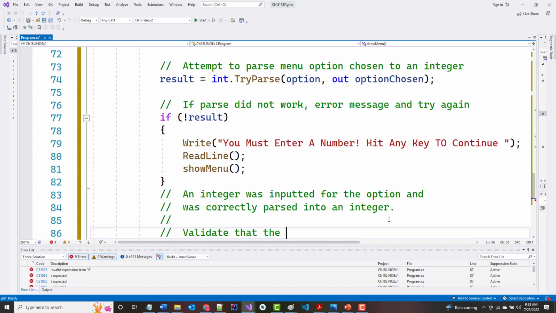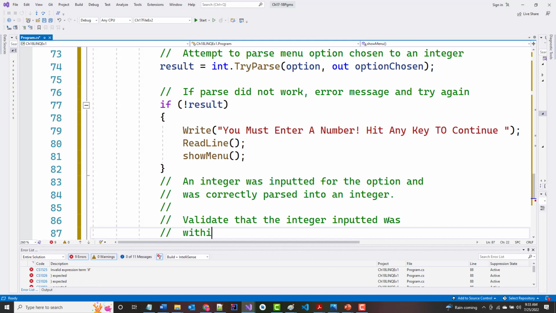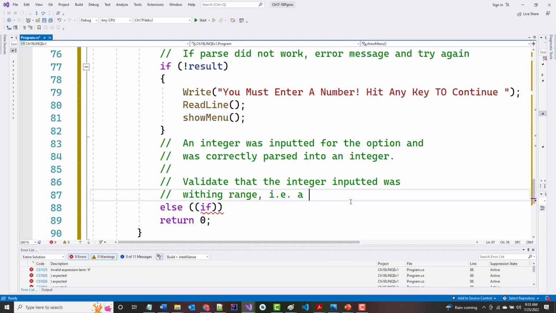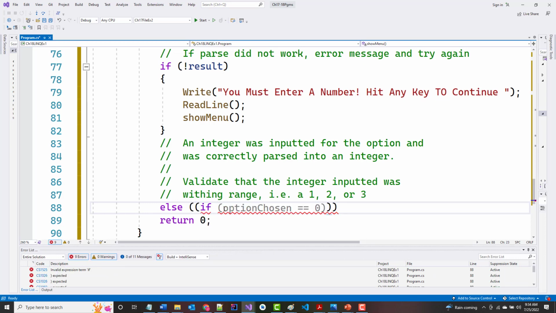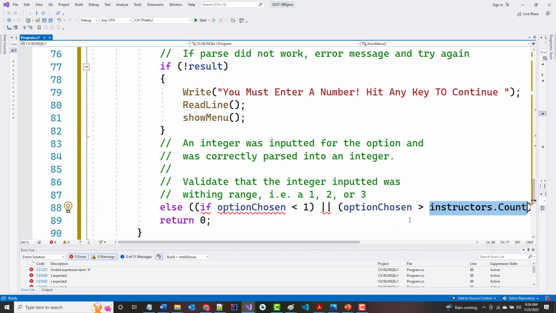Validate that the integer inputted was within range, i.e. what do we have here? 1, 2, or 3. All right. So else if option chosen is less than 1 or option chosen is greater than 3,